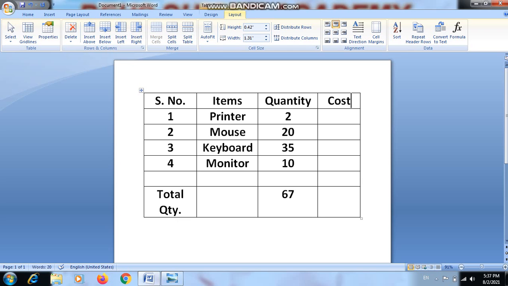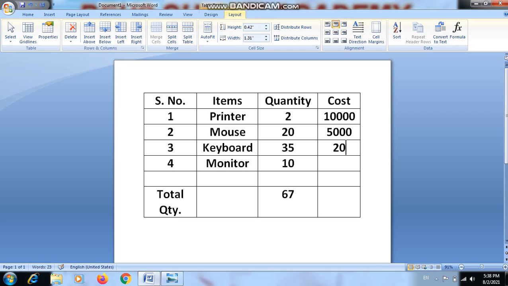Total cost, like the cost of 2 printers is 10,000, and the cost of another is 5,000.